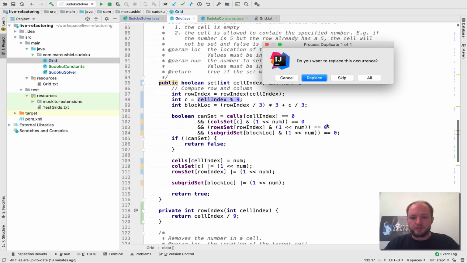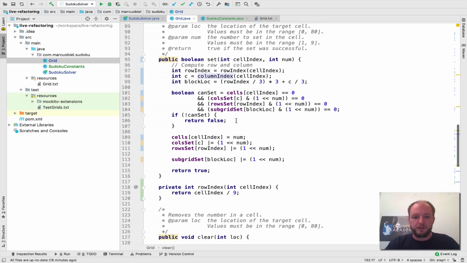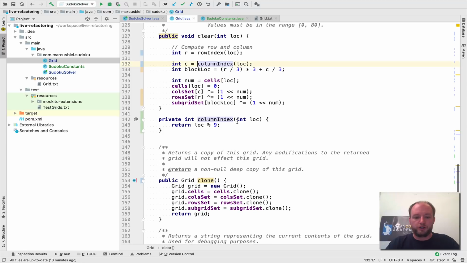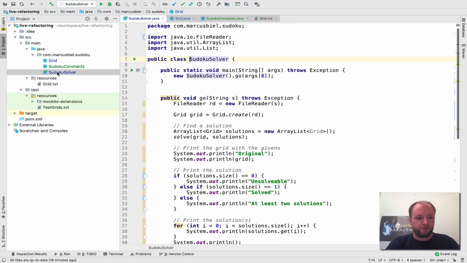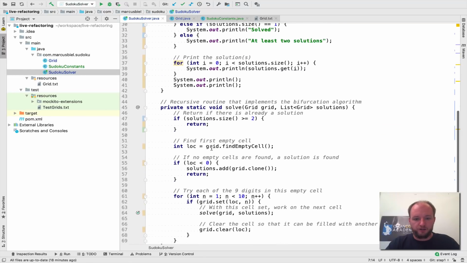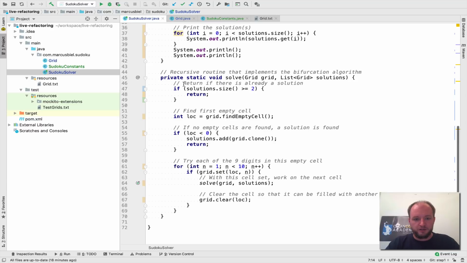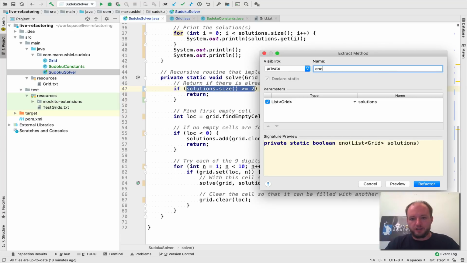And in the same style, here it even helps me and finds this again, we should work on extracting Boolean methods. For example, here in the solver, we could say this one here, because this is what the comment says, right? Return if there's already a solution. So I could extract that as enough